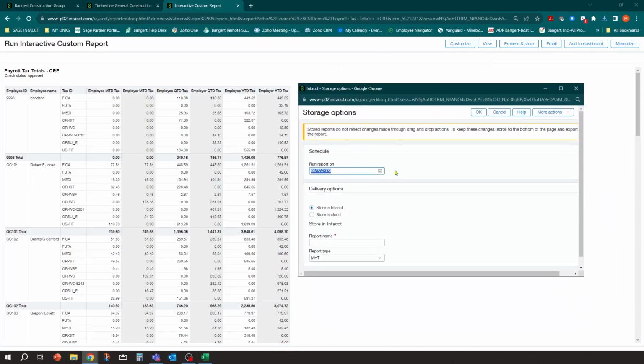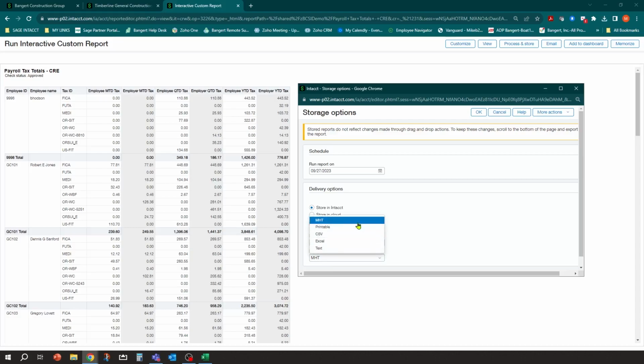And I'm going to run the report on 9/27, which is today in my demo environment. I'm going to store it in Intact. I'm going to call it September 2023 employee tax report. Tax total report, let's call it. Let's call it tax report.